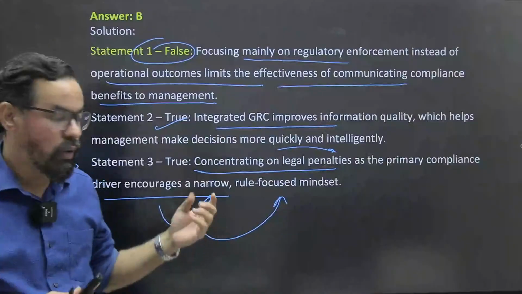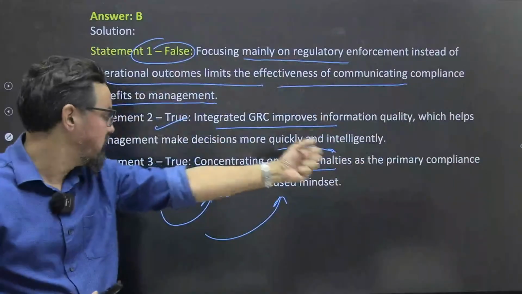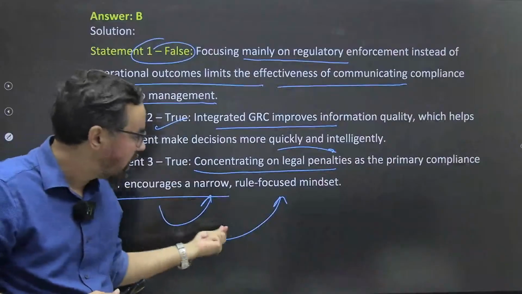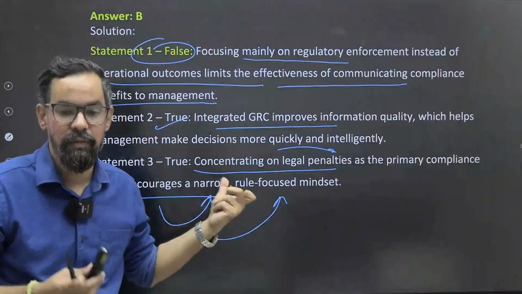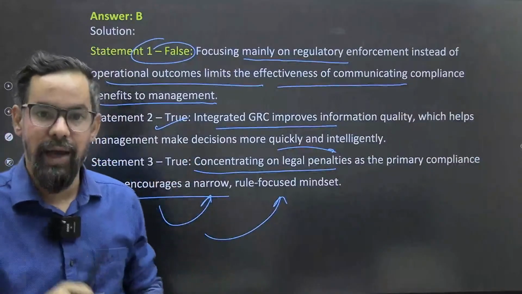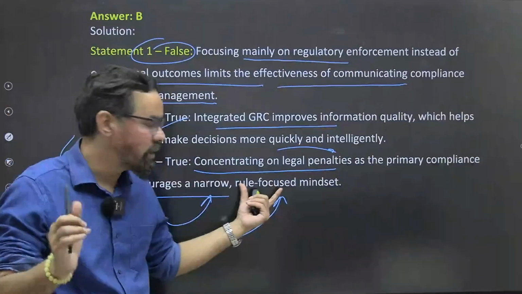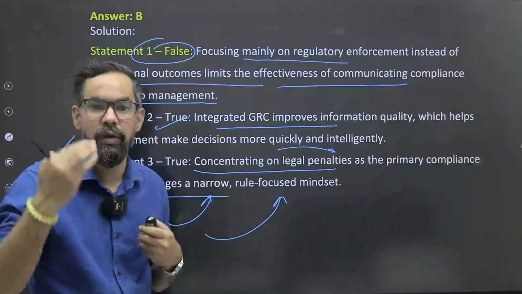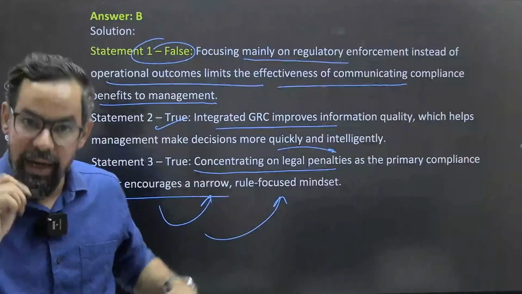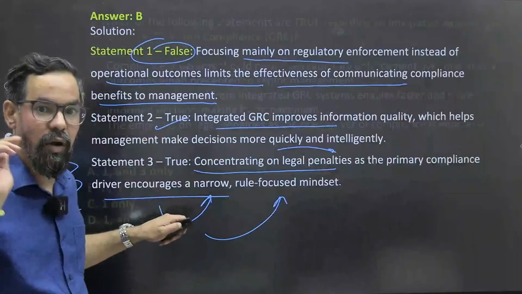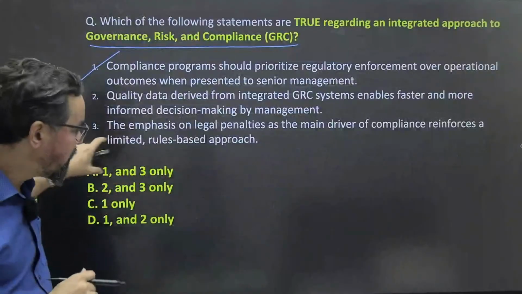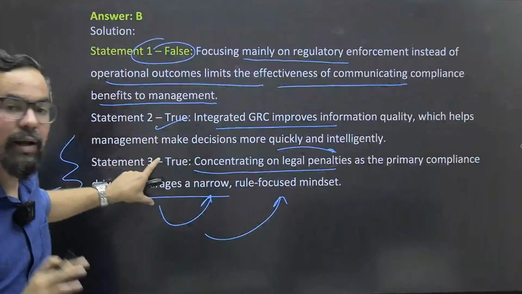legal penalty. If we have that kind of mindset, then that driver encourages a narrow or rule-focused mindset. Basically the employees, the people or the institution itself have a narrow focus, which is linked with the fact that we are doing things just because we do not want to have any penalty and all. That is why I got confused with this statement. The statement is kind of incomplete, but here it is clearly mentioned,